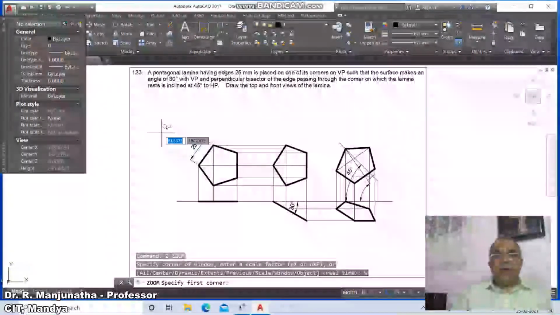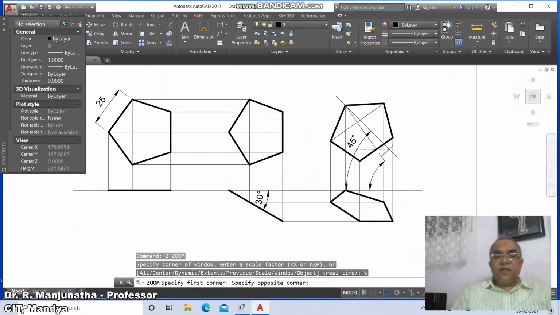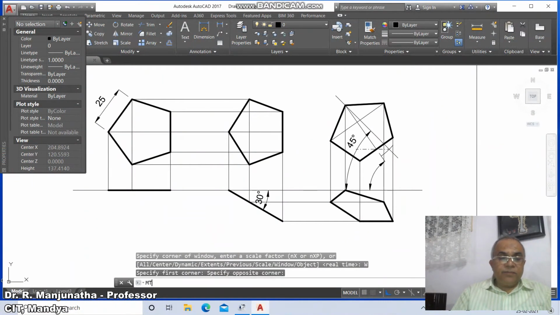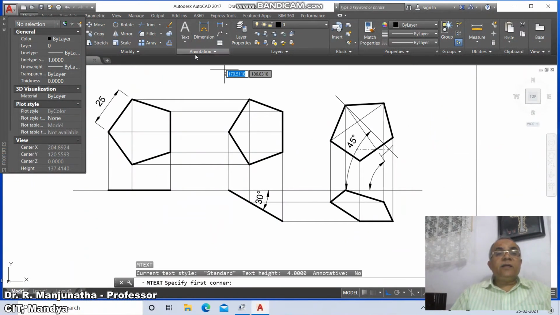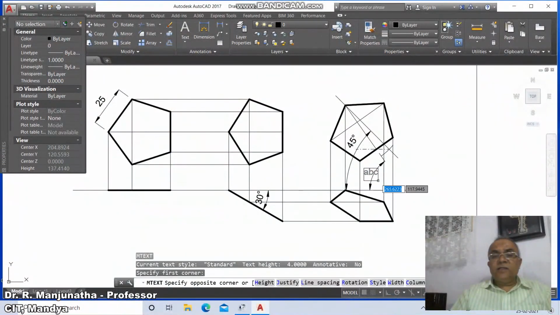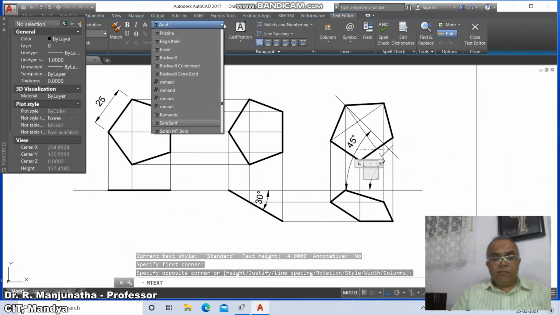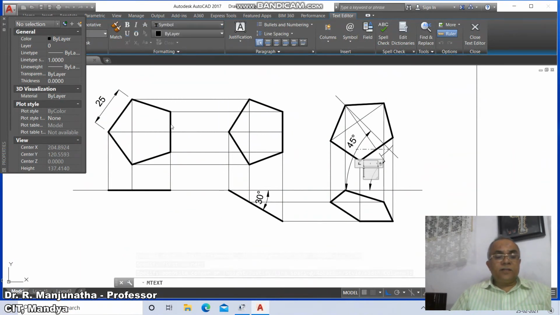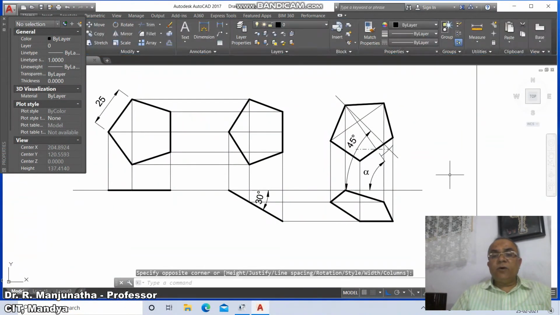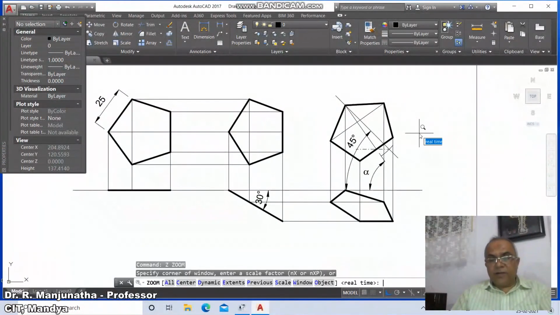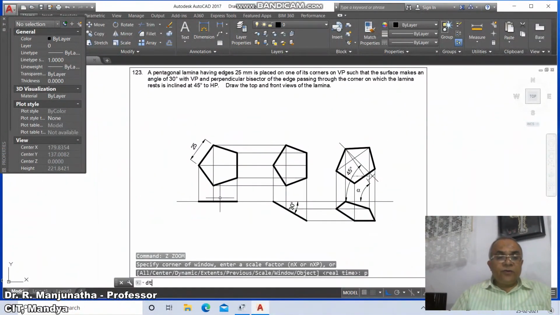Then go to zoom window, select this and go to M text, and here specify lower left corner, select some box and then go to symbol, select symbol, switch off the ortho mode, type A which will give you alpha. Then this is the apparent inclination. Now we need to go for D text,